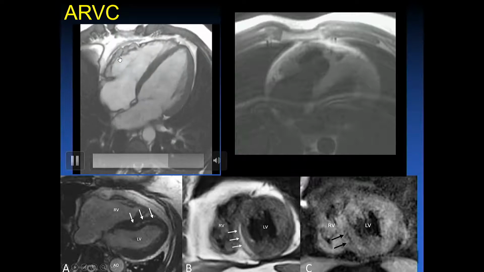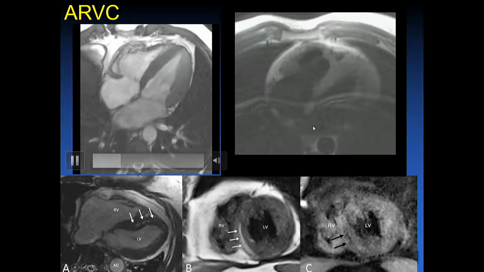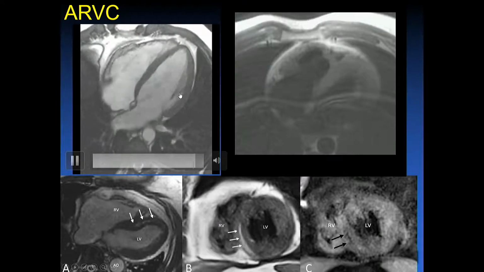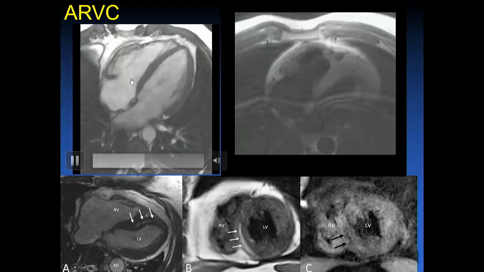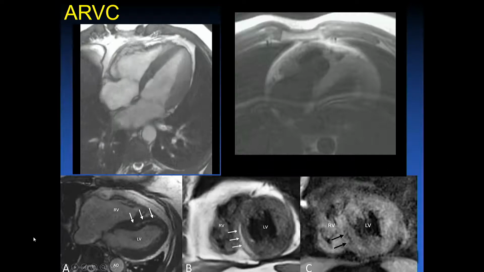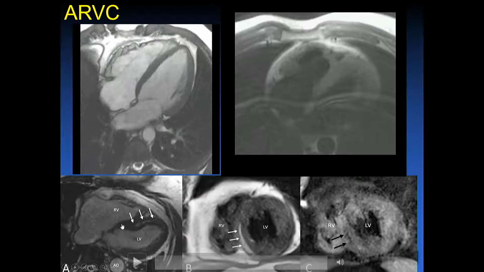So this fulfills the current task force criteria of ARVC, in addition to some of the other clinical factors. So MRI is not the sole criteria. You have to look at other concurrent conditions as well by the task force criteria. So this is an interesting, uncommon ARVC case. But what is actually more common is that we now have noticed that ARVC is certainly not a disease that is restricted to the right ventricle, but also is,